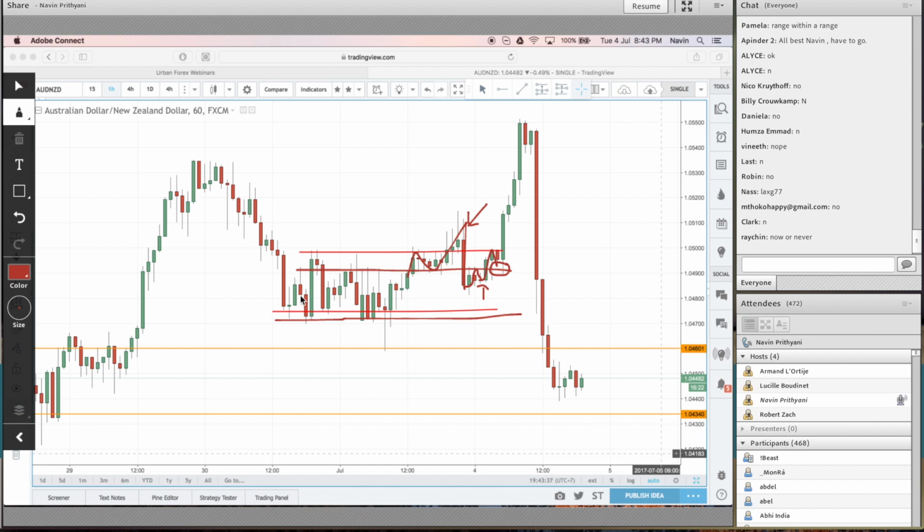You have all the information. This is the main key. Okay, we're going to call this the main key. This is the secondary key. You only use the secondary key when you start to realize everyone who was a buyer is now screwed. You start to see the secondary key and you're like, excellent. Now I'm going to use the secondary key to find out exactly where I need to get in.